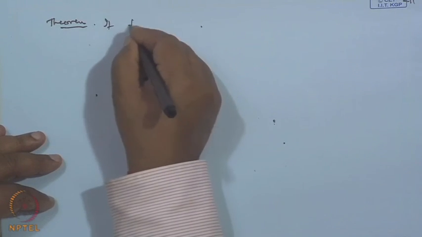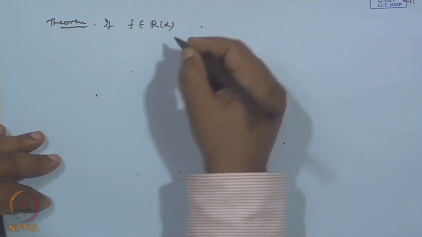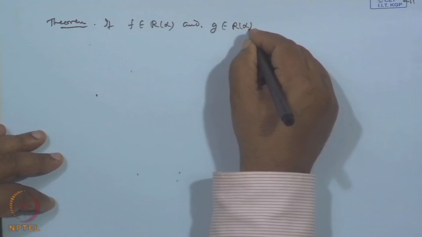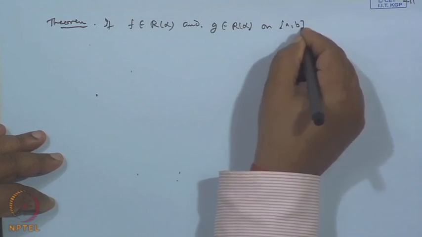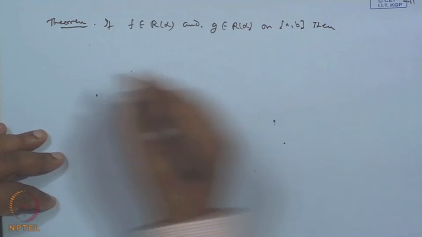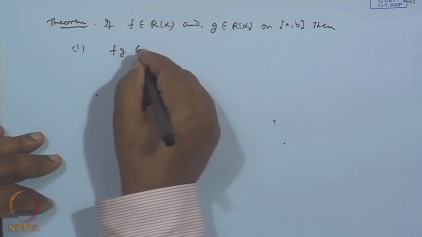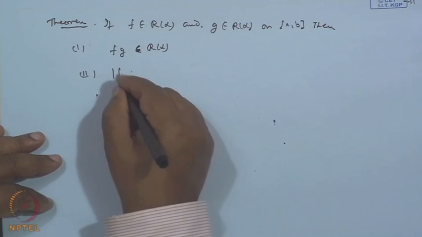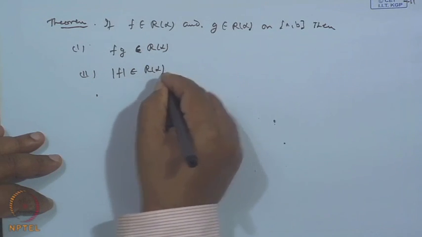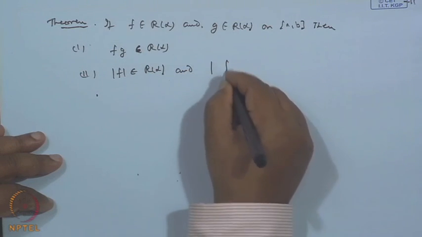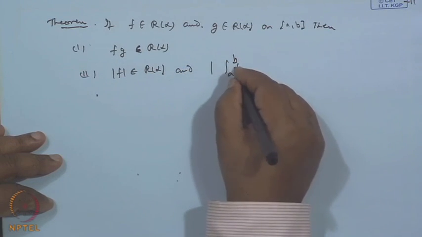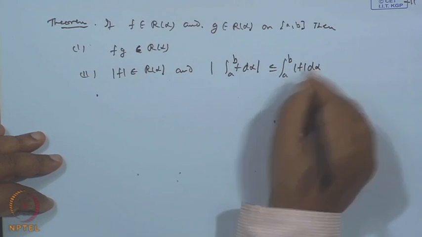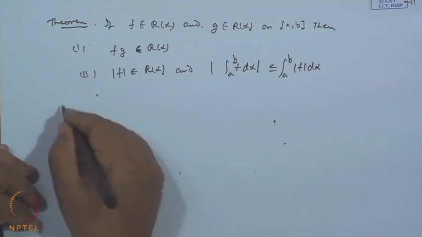If f is in R alpha and g is also in R alpha on the interval a b, then the product of these is in R alpha. Then second part is, if mod f belongs to R alpha, then the modulus of the integral from a to b of f d alpha is less than or equal to the integral from a to b of mod f d alpha. The proof is based